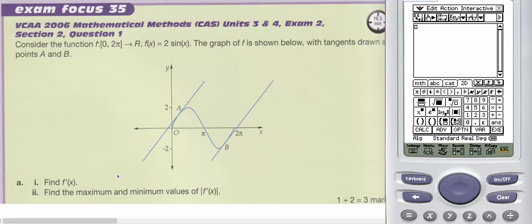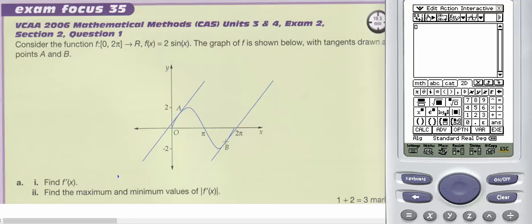This is for Year 12 Methods. It comes out of Chapter 6, it's Exam Focus 35, which is a 2006 VCAA Exam 2 question, therefore I can use my calculator. Consider the function which goes from 0 to 2 pi of 2 sine of x,